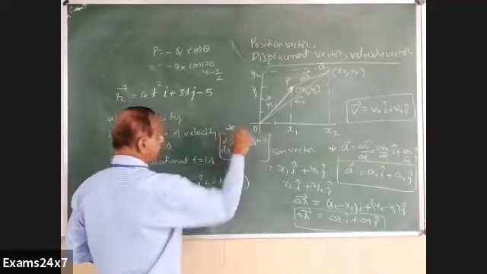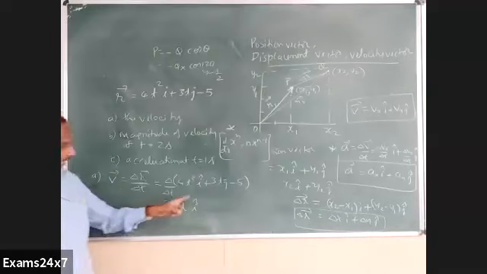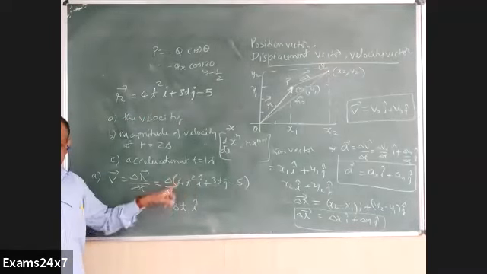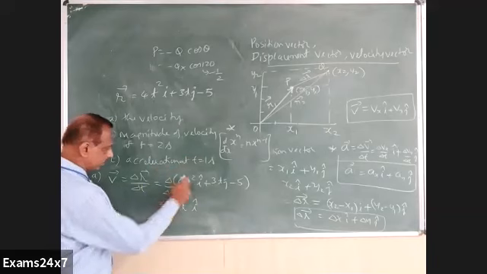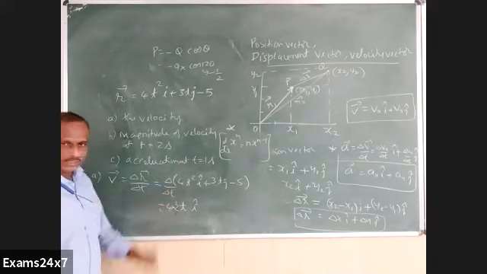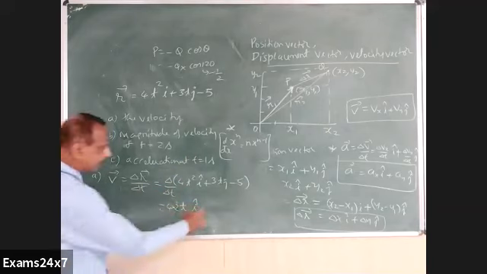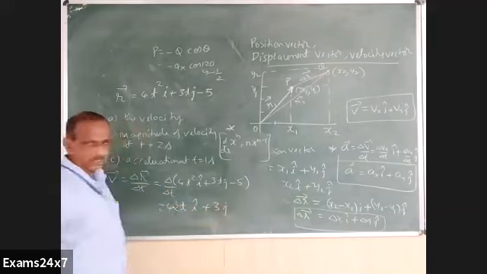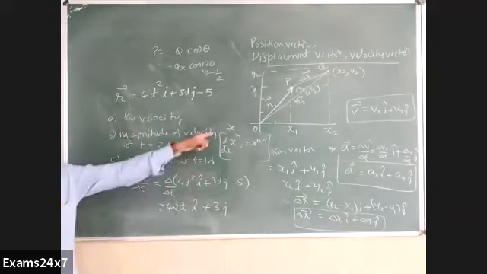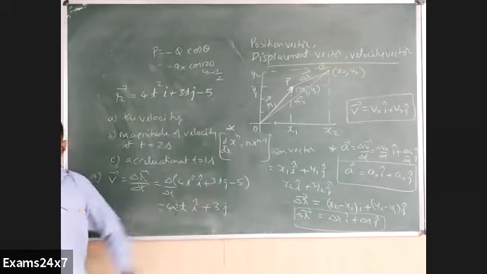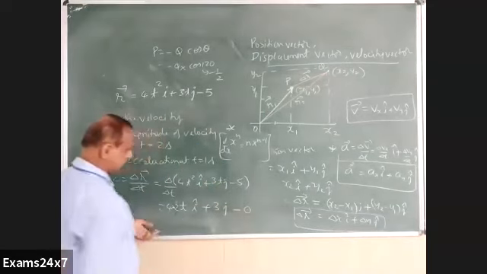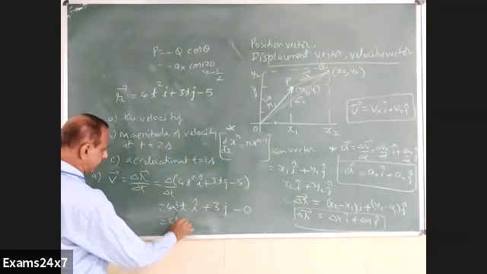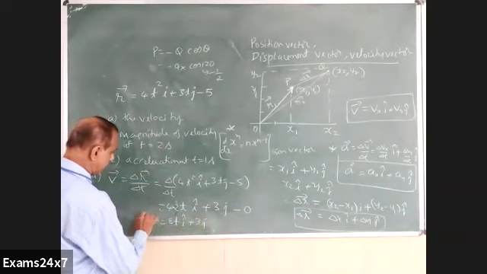This is our majority case of differentiation in physics. Use that. Here 2 we have as power, so 2t power 2 minus 1, that is 2t only. So 4 into 2t i it is. Simply 3 j only: t power 1, so 1 into t power 1 minus 1. What is t power 0? 1. Therefore it is simply 3 only here, and j indicates it's along y axis. And what is the derivative for minus 5? 0. So finally we get 8t i plus 3 j as the velocity vector.